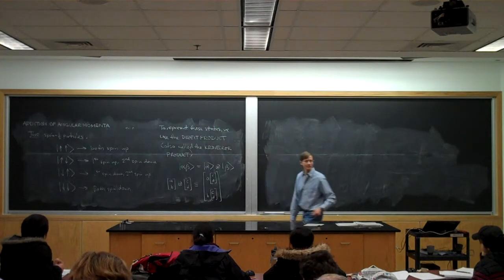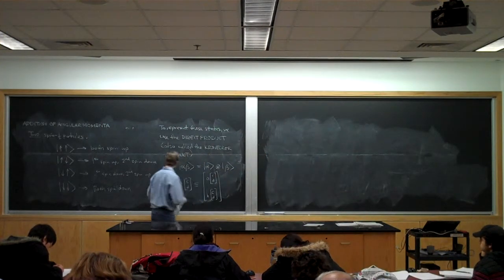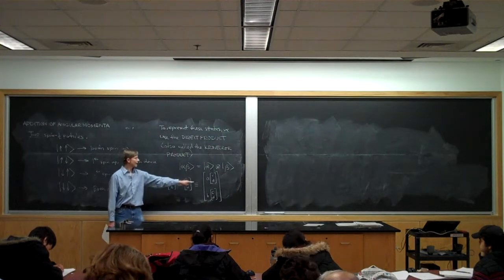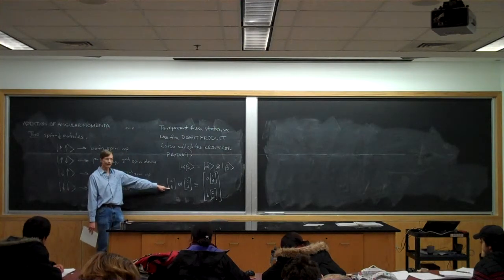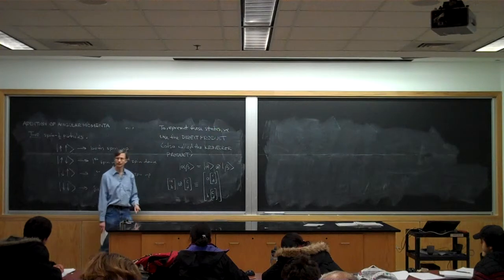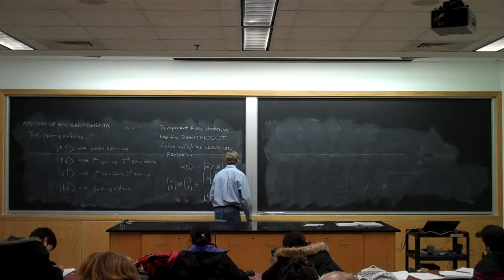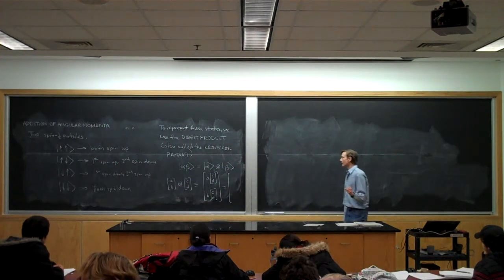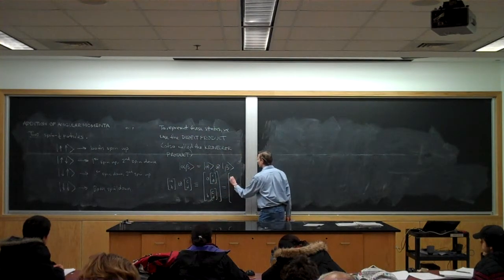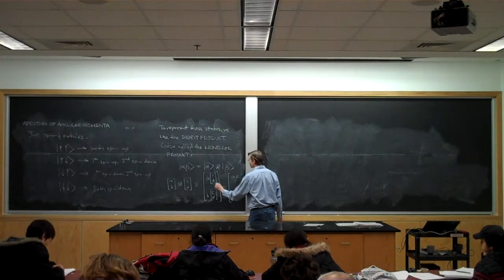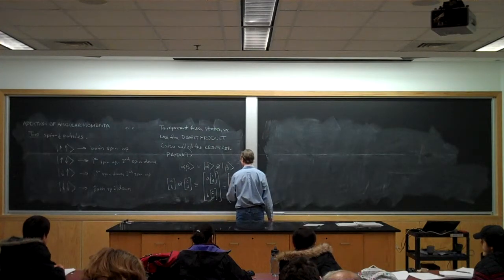It's a column of columns, if you will. So the first 2 components are the first component of the first guy multiplied by the second column, and the bottom 2 components are the second component of the first guy times the 2 components of the second column. So in other words, I'm constructing a 4-component column vector out of 2 2-component column vectors according to this rule, which says the components of the direct product, if the 2 spinors involved are AB and CD, are AC, AD,